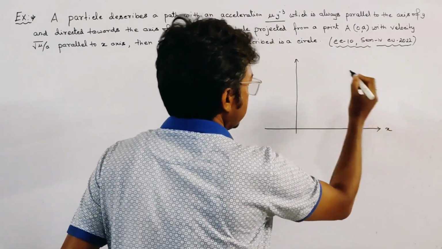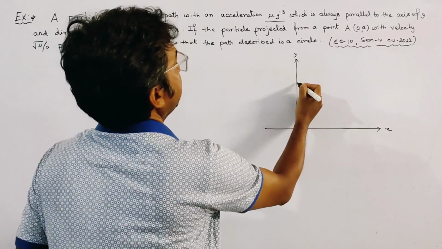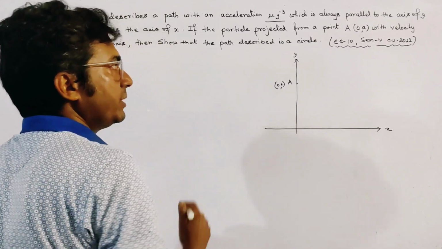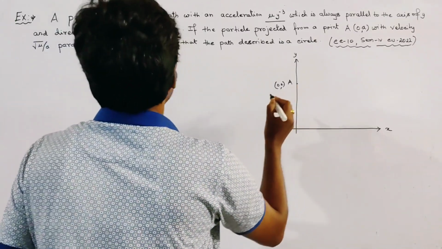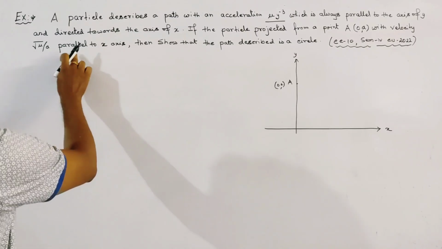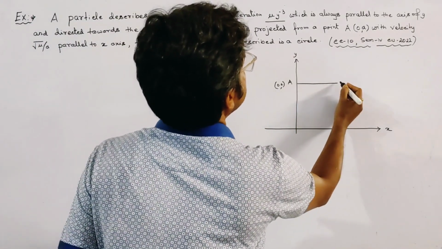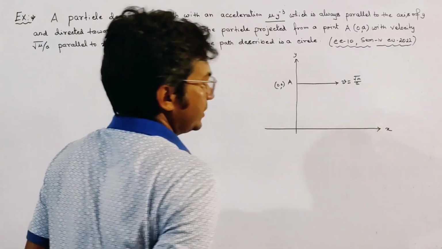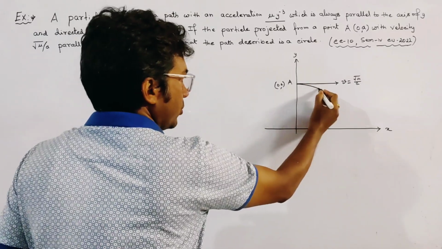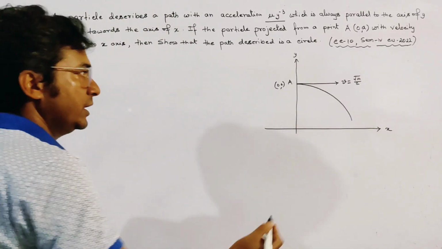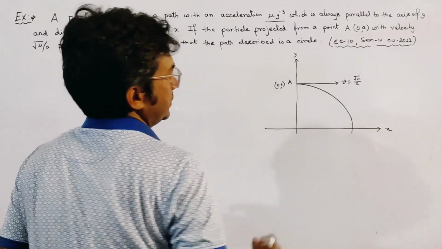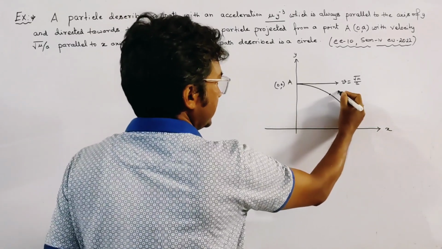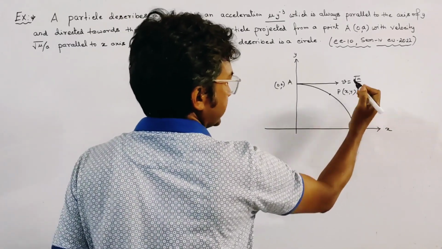Let this be the x-axis and this the y-axis, and this is the point A, the initial point, with coordinate 0a, from where the particle is projected, and the initial velocity is root mu by a parallel to the x-axis. Let the curve of the particle be like this. If we draw this type of curve, we consider any point P on the curve whose coordinate is xy,